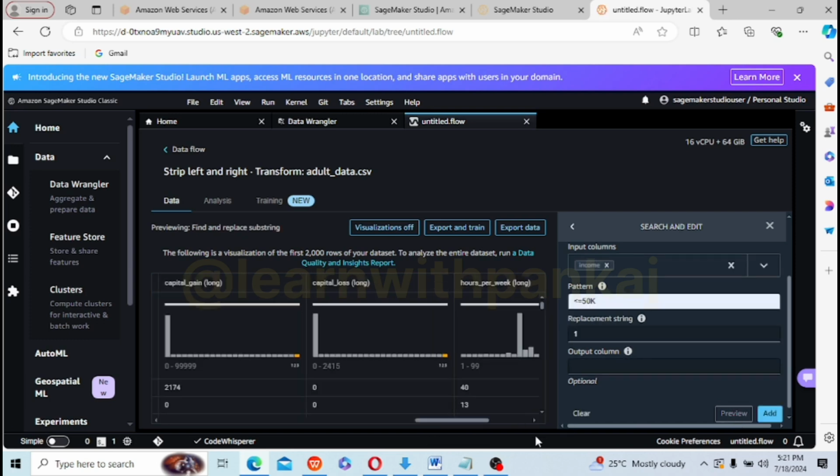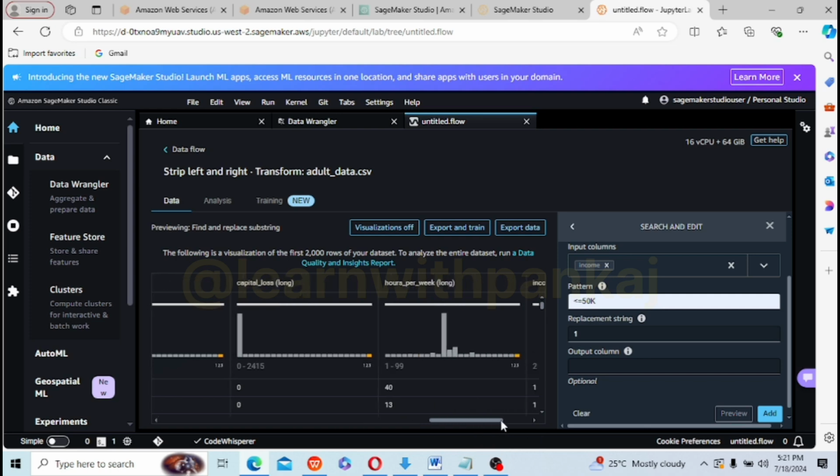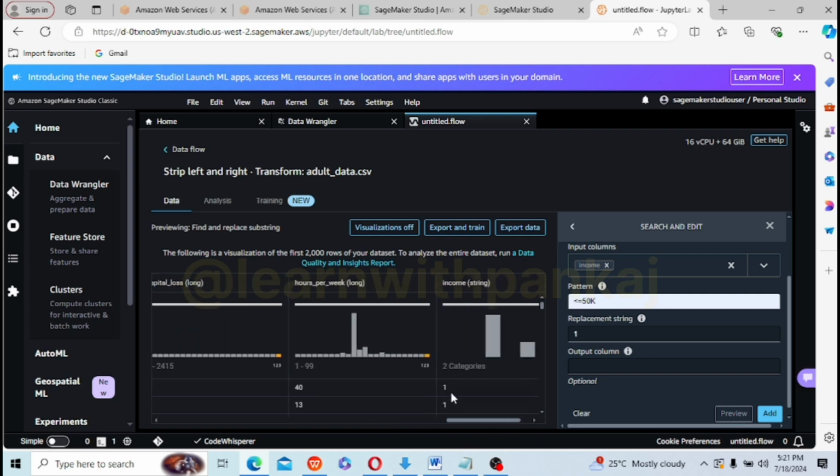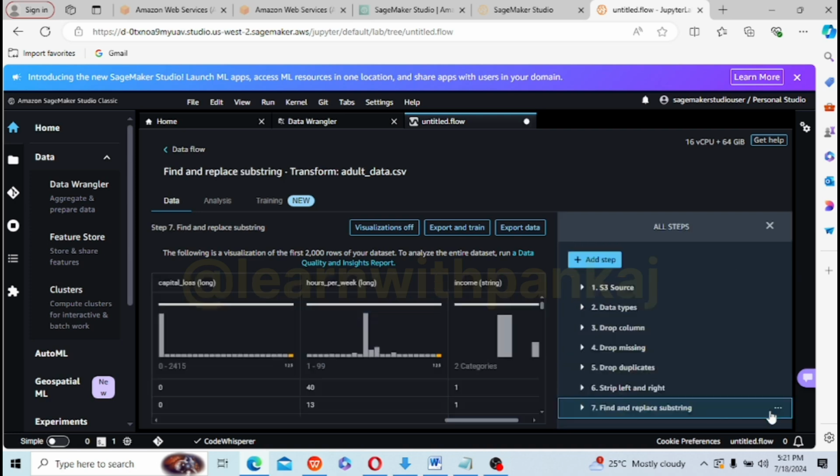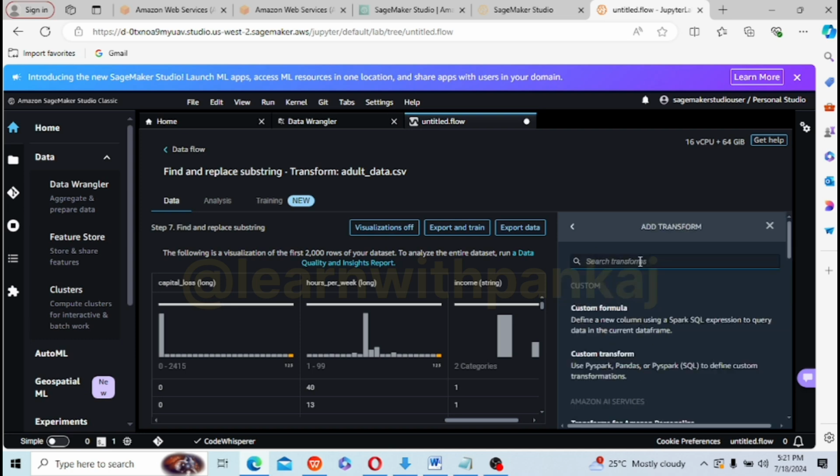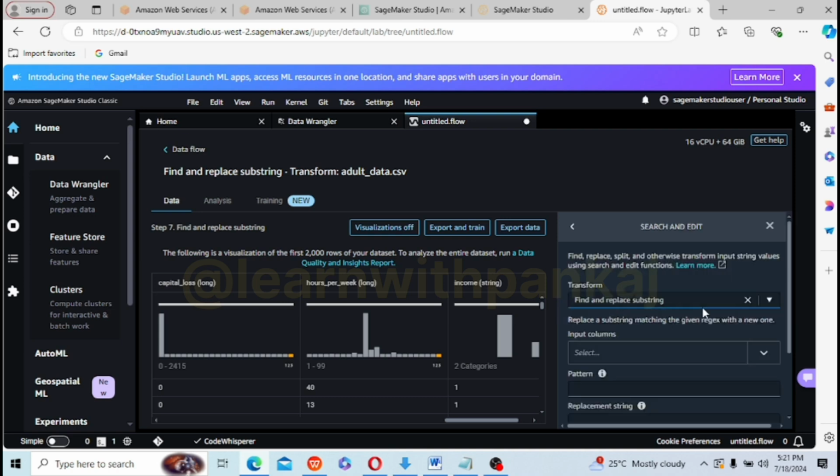Now here you would see it has converted. So greater than or equal to 50k has been converted to 1. Now we have to add another transformation too. So anything that is below 50k has to be 0. Find and replace.